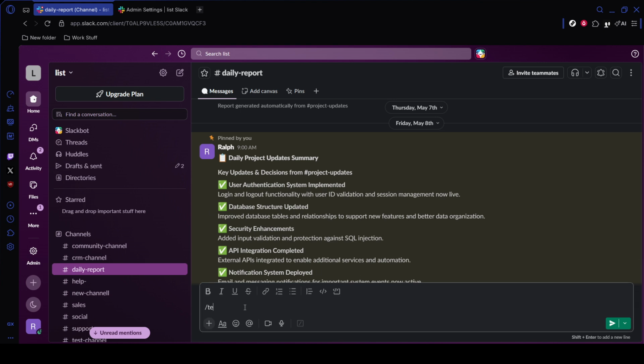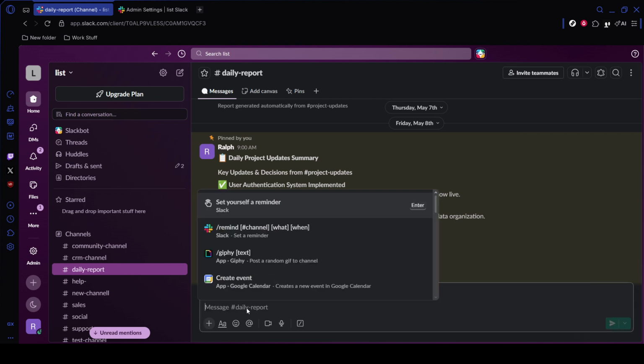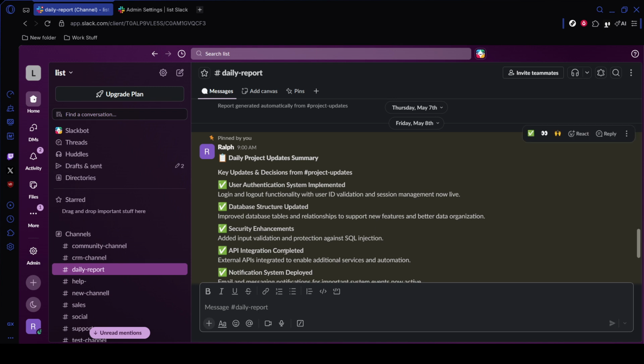Enter a name for the channel, then choose whether it should be standard or private. A standard channel is visible to everyone on the team, while a private channel is limited to specific members. Once you've made your selection, click Add to finish the setup, and that's